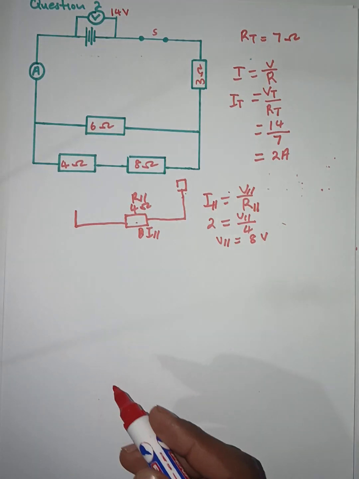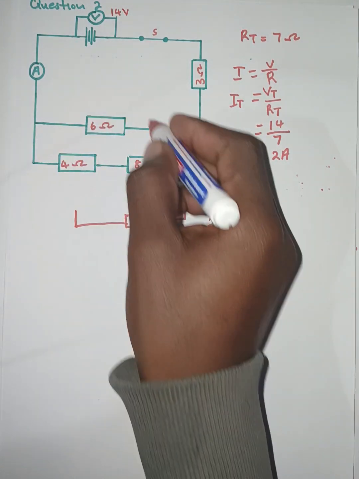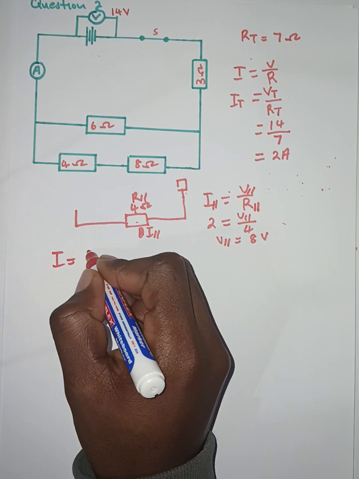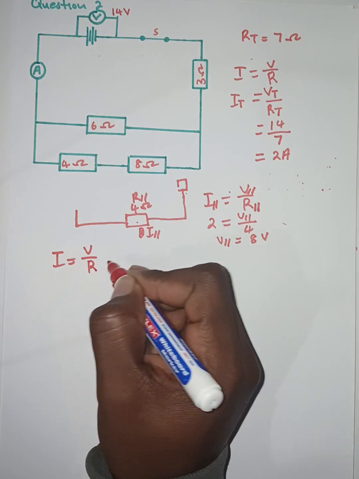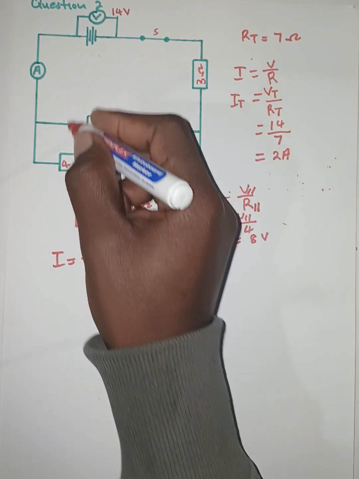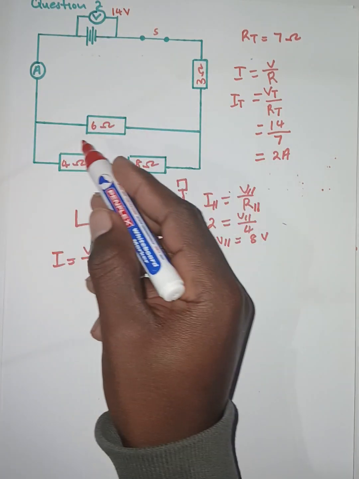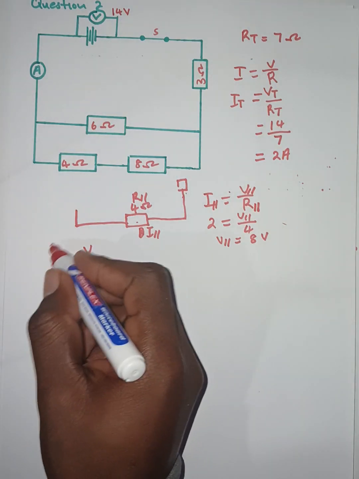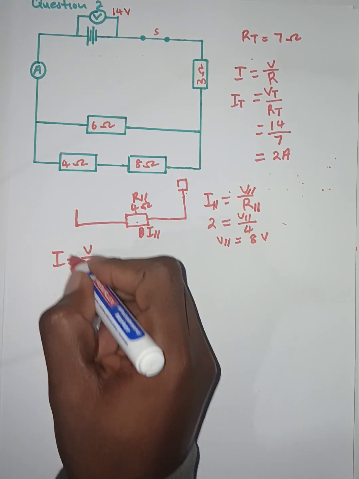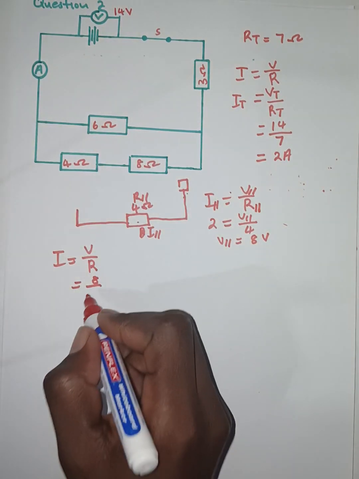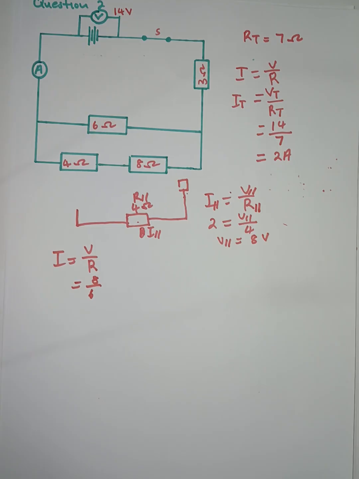So in this case, if I'm calculating the current across that 6 ohm resistor, again I'm going to use Ohm's law. So you know that I is equal to V divided by R. Now since I'm looking for the current across that 6 ohm resistor, I know the voltage across that branch to be 8 volts. So my voltage would be that 8 volts, and my resistor would be that 6. So if you take that 8 and divide it by 6, you're going to get a value of